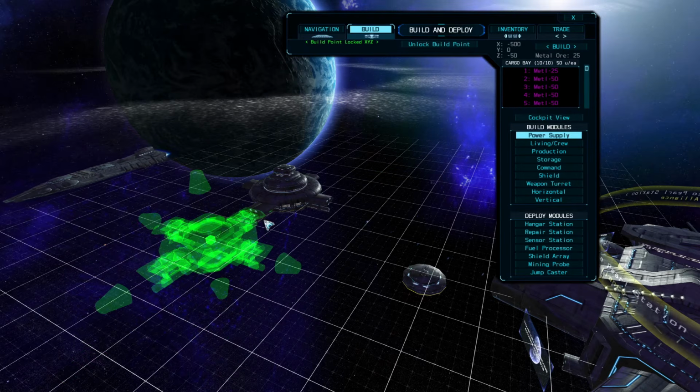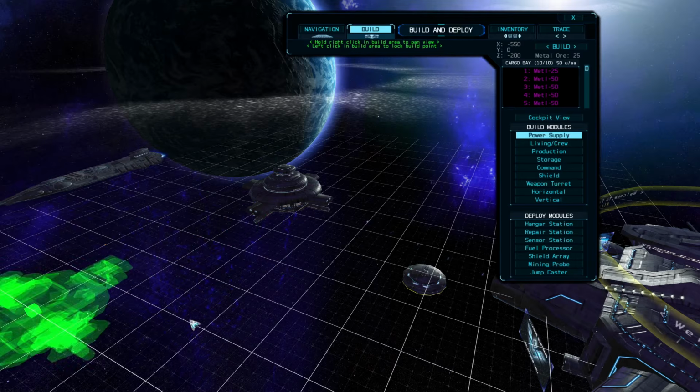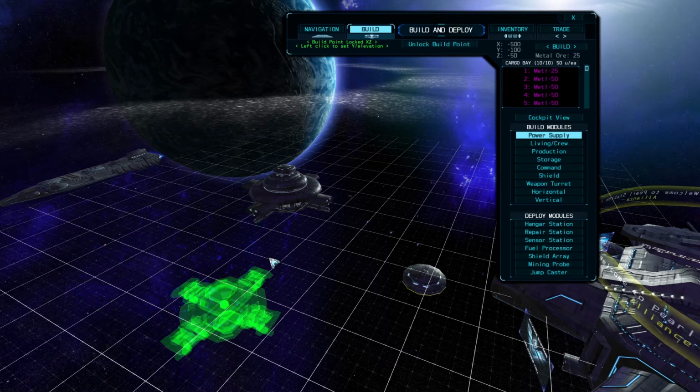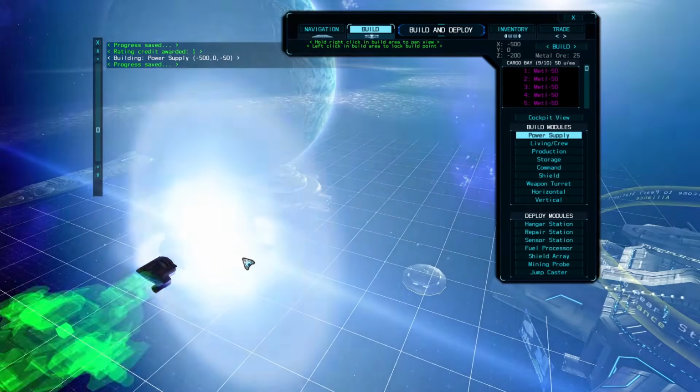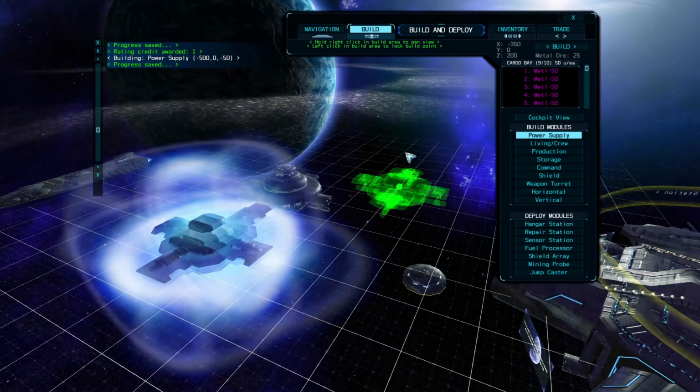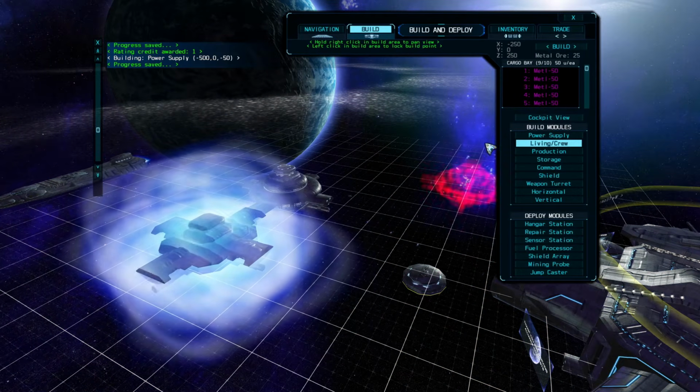This is because a power module doesn't have a link dependency for energy since it provides its own, so it can be built anywhere as a starting point to place other dependent modules around. But since I'm building this power module second, I'll go ahead and attach it to the original module anyway and start the construction process. Now let's say I want to build another attached module, but I accidentally place it one